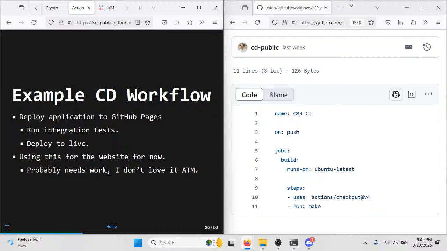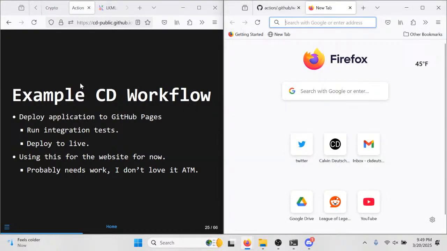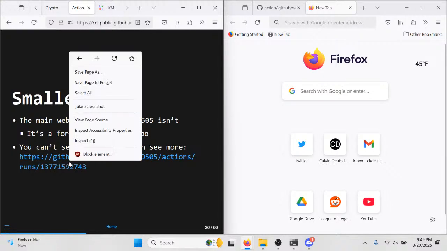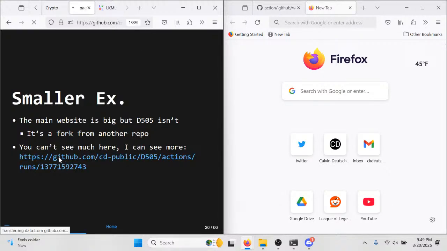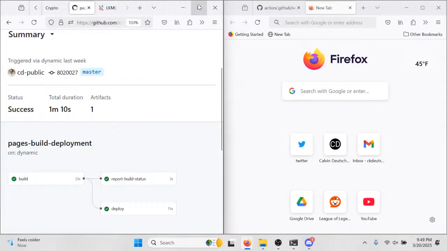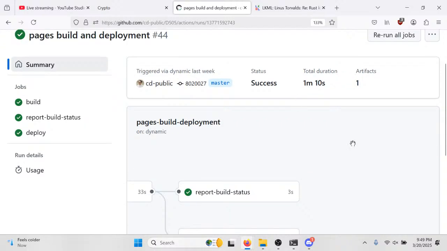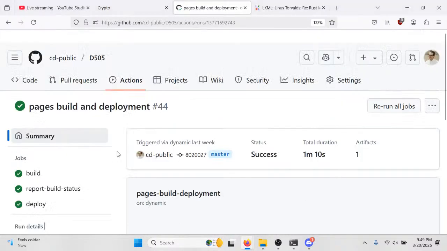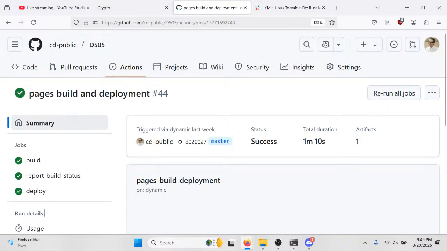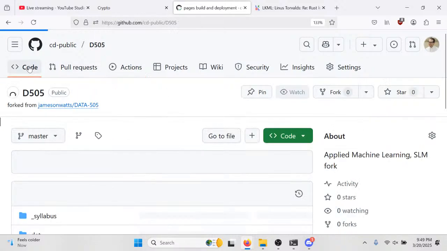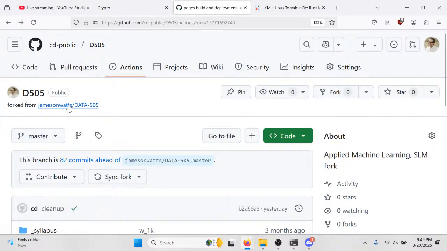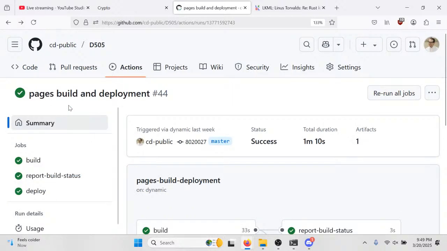My website is extremely cursed, and I'm not proud of it. You can look at it if you want. But let's look at an example. So this is forked from someone else's repository. Wait, this should say from Jameson Watts somewhere on it. It doesn't. I'm not plagiarizing. There it is, from Jameson. So I just ripped someone else's repository,